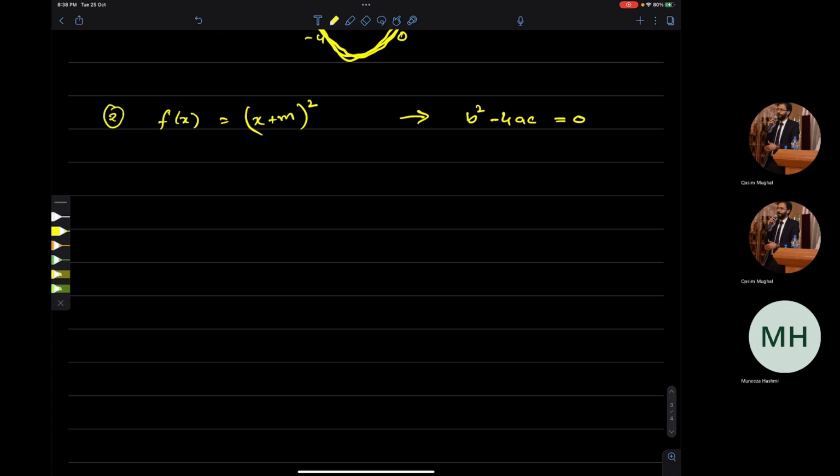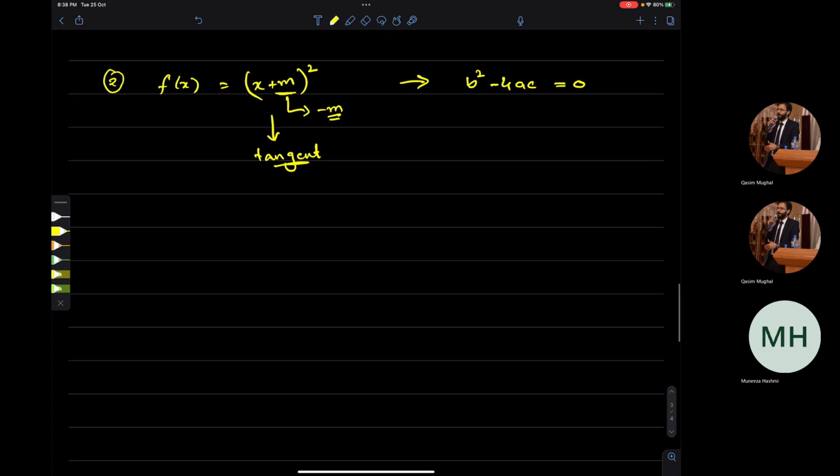Now in this situation you will not have x-intercepts. Whenever you have an index form, you will not have intercepts. You will always have a tangent, which means the x-axis would be tangent at negative m. Got it? Now, for example, you have the question y equals